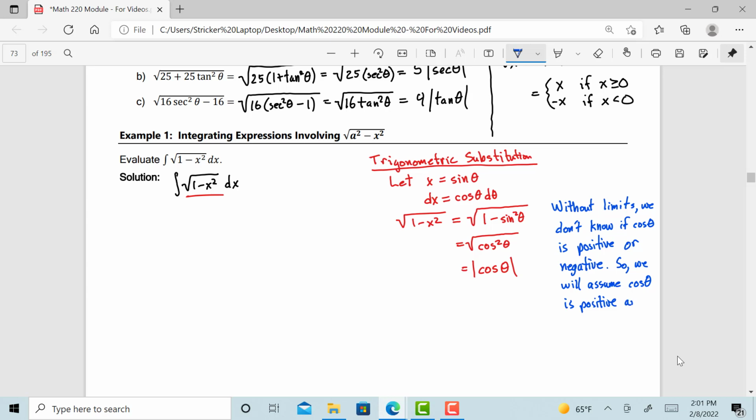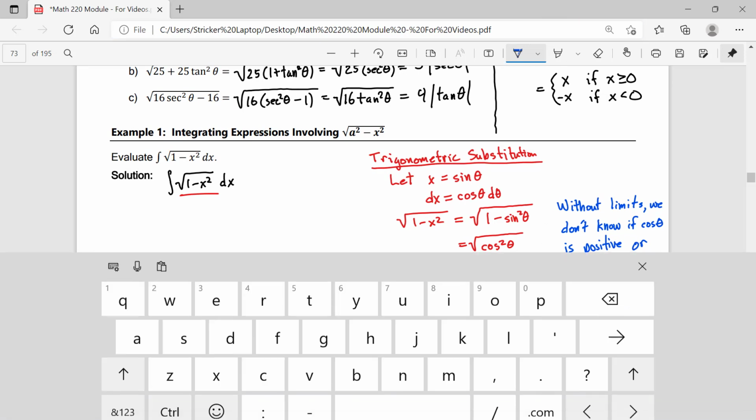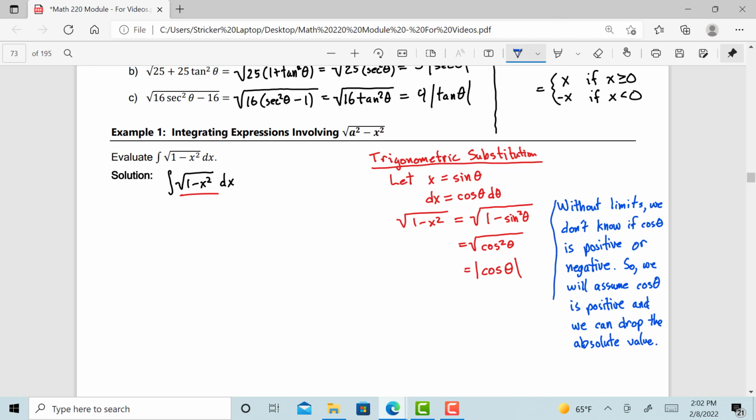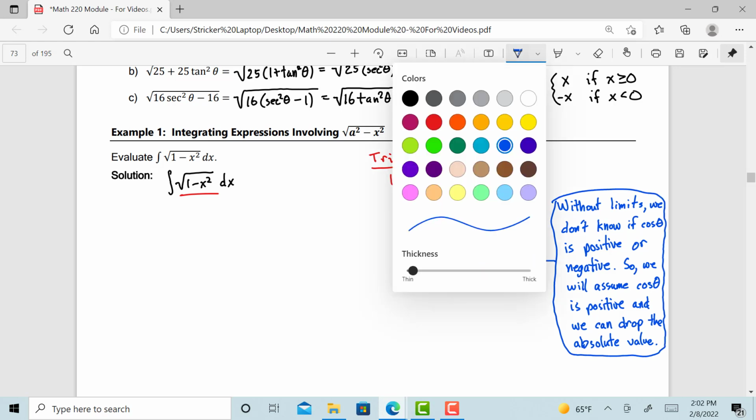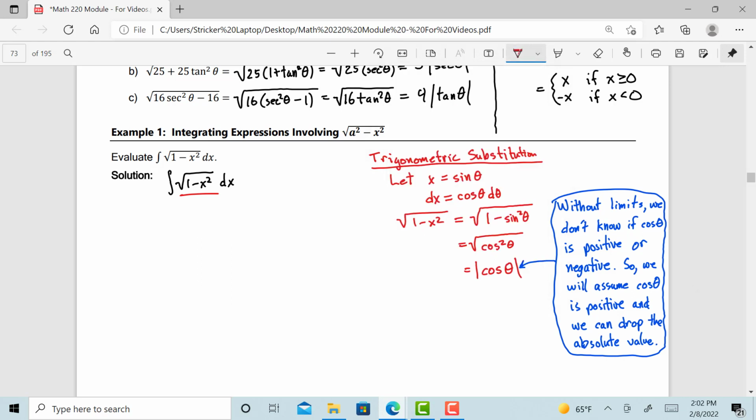So we can drop the absolute value. All right. So we're just going to rewrite this then as cosine theta. Okay, great. So going back to our original problem,